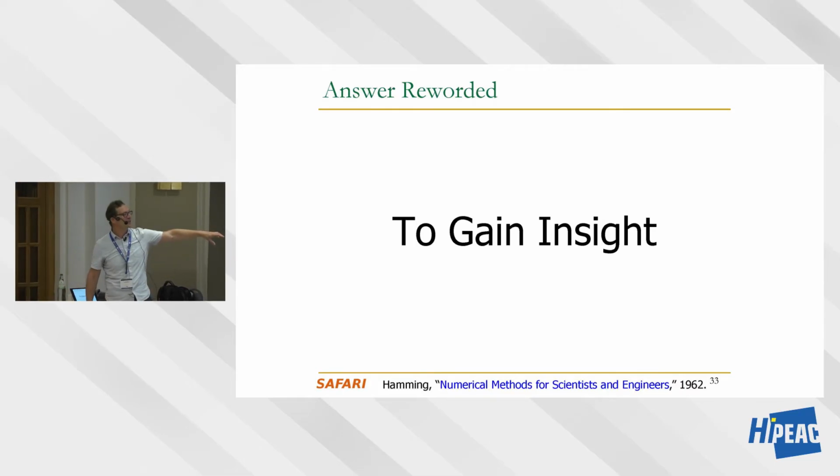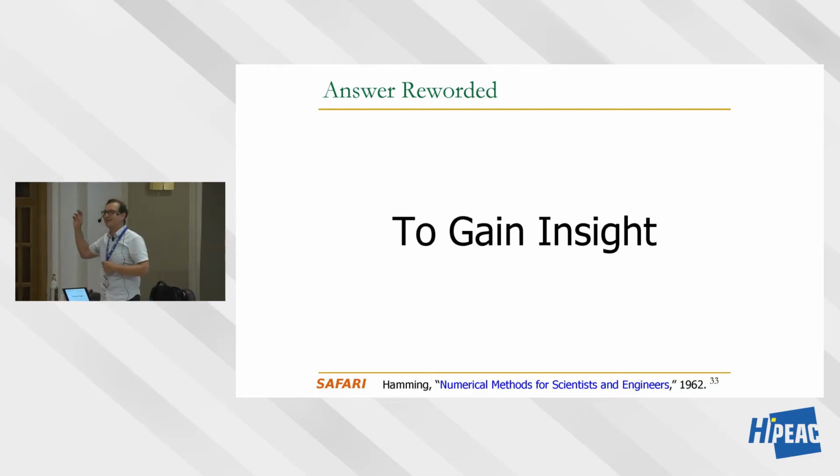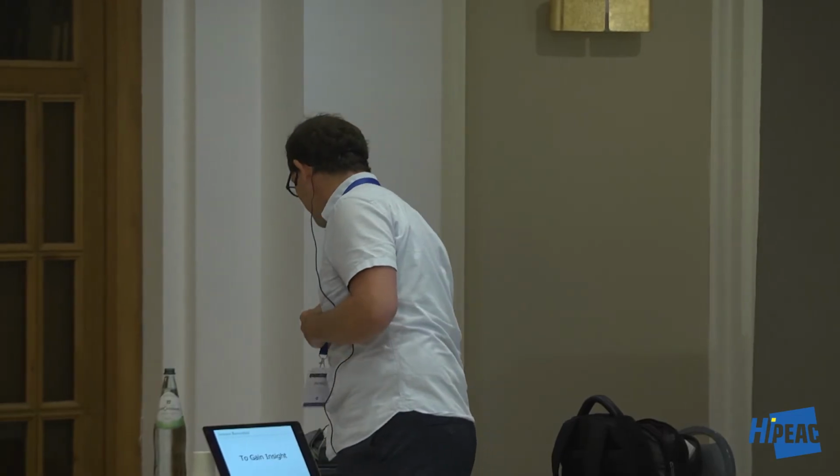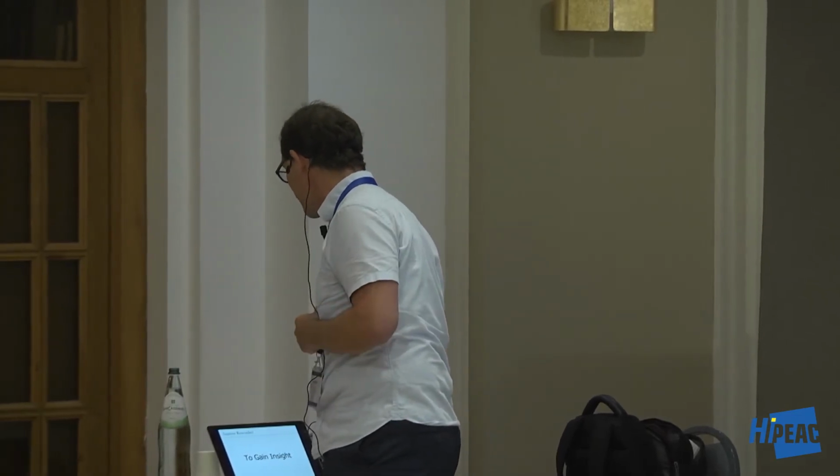And I would recommend Richard Hamming. How many people know about Richard Hamming here? Dick Hamming. Hamming codes, error correction codes, that's good. Yeah, he has beautiful books and beautiful philosophy about computing. He basically says, at the time he was doing his research, a lot of people were doing computing for number crunching, just to get results, right? And he basically said, our goal is not to just get results. Our goal is really to make sense of those results. So the reason we do computing, we design computers to gain insight, and the results are just a means to get to that insight. And I strongly believe that. That's why I think insight is really important to focus on.